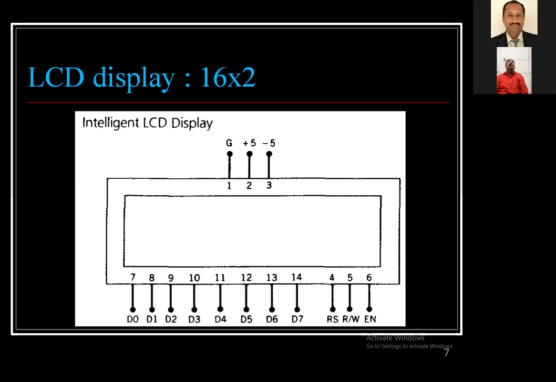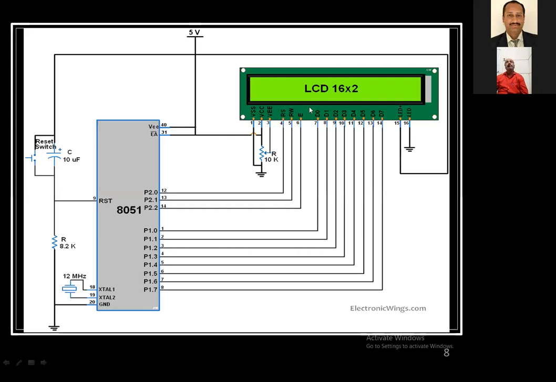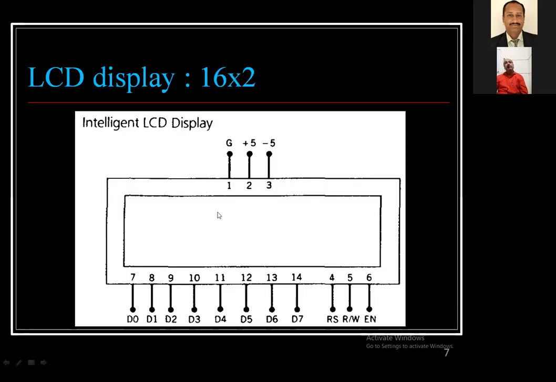The 2 means 2 rows in this LCD display, and in each row, 16 characters can be accommodated. To interface it, how many pins are there, and which pin is for what function, has been explained in this slide.